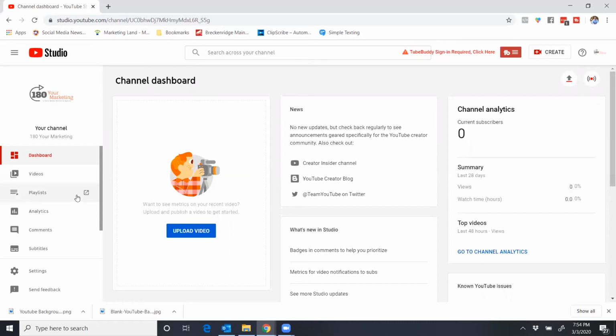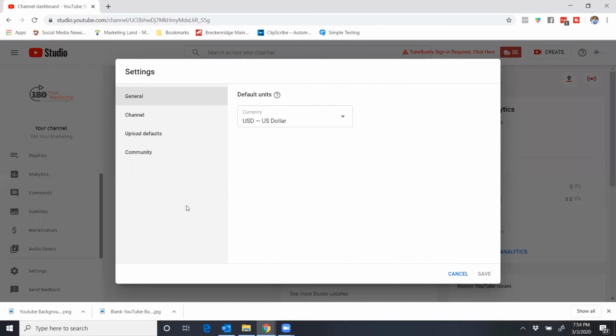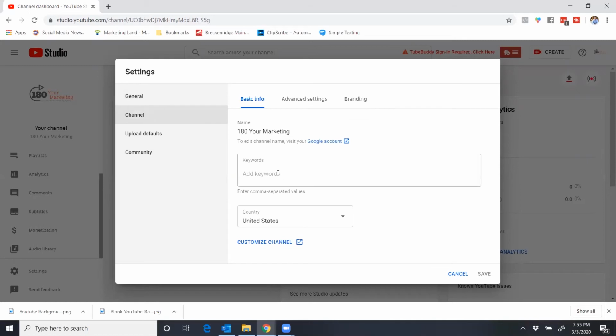But over at the left-hand side, I do want to take a look down towards the bottom at the settings button. When I click on the settings button, we can skip general. I'm going to go down to channel, okay? We can add in keywords. Keywords are things that people are going to search for. Keywords could be